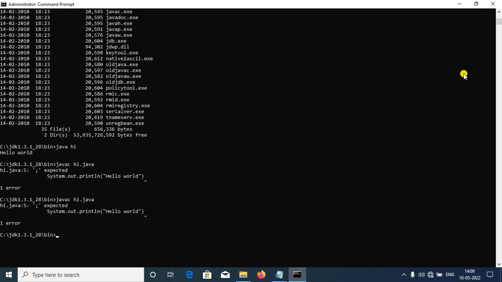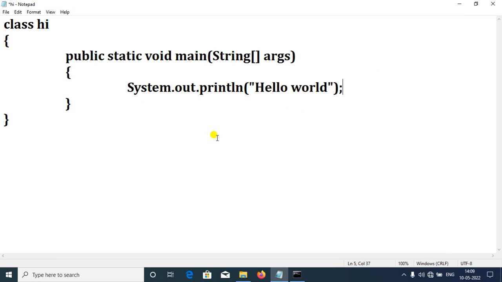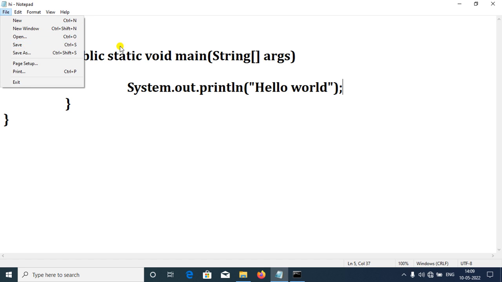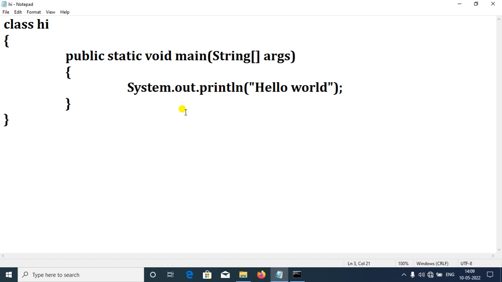Do you know why? Because we have not saved the file. Remember, after you correct an error, you must save the program, otherwise it will give an error for you.